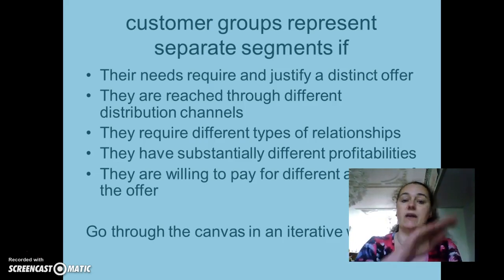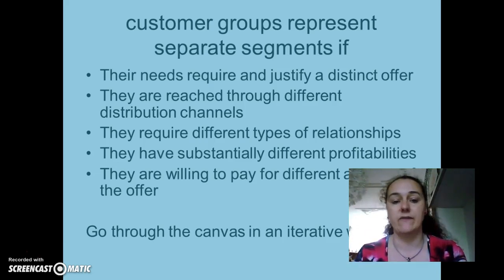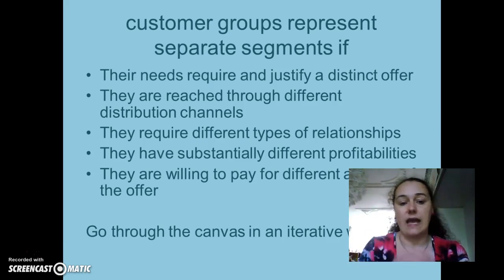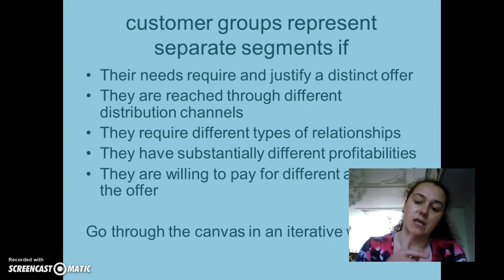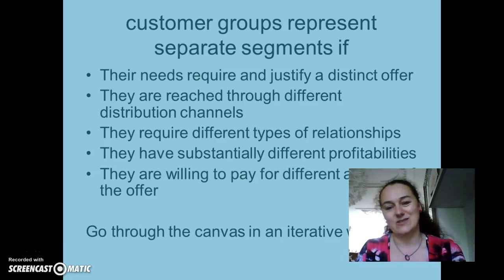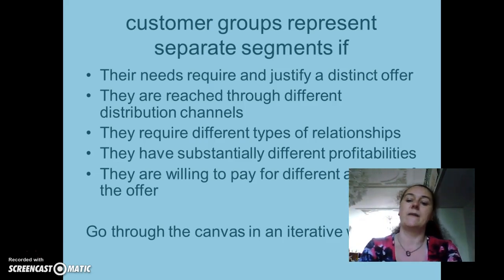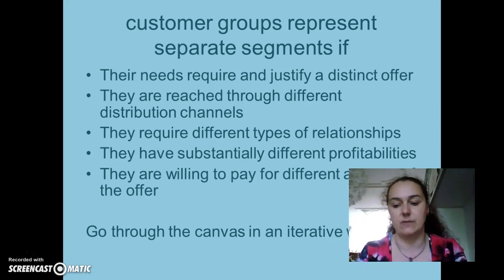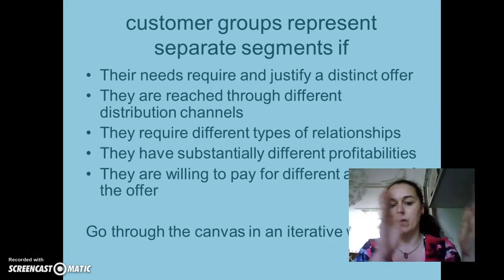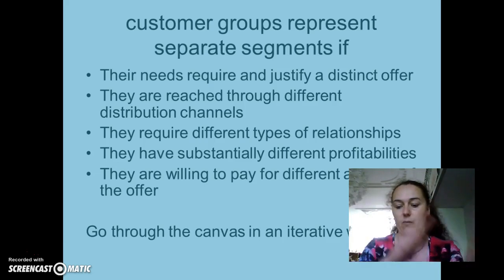way. It can be that you have filled in your canvas and that you are looking at the different distribution channels and then think, okay, then there's maybe an option for an extra distribution channel, or we can change something here. Then you have to look at your segments again. What you defined earlier, you might need to redefine in light of what you've been detailing about these distribution channels. So it's not just, you define one thing and then the next, but you need to go back and forth